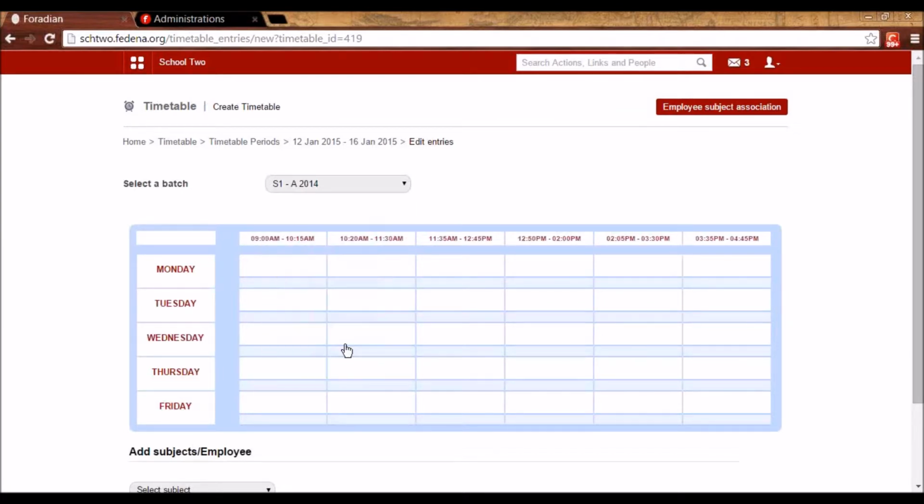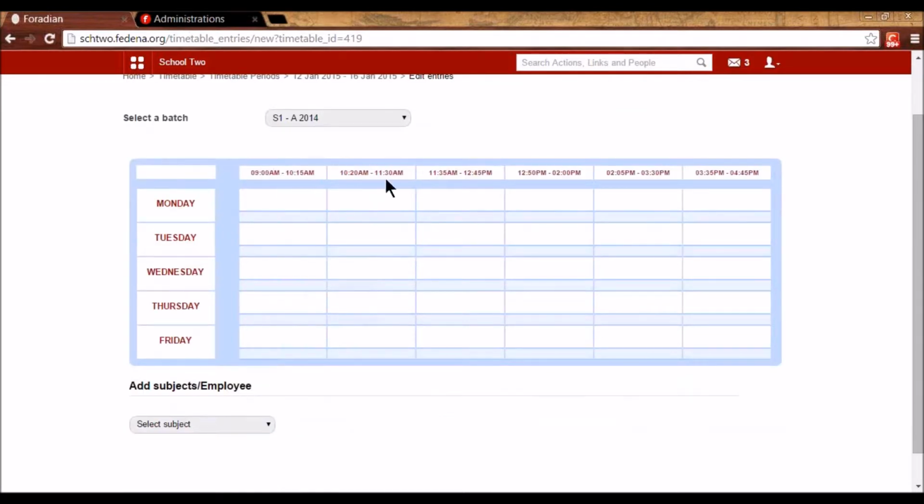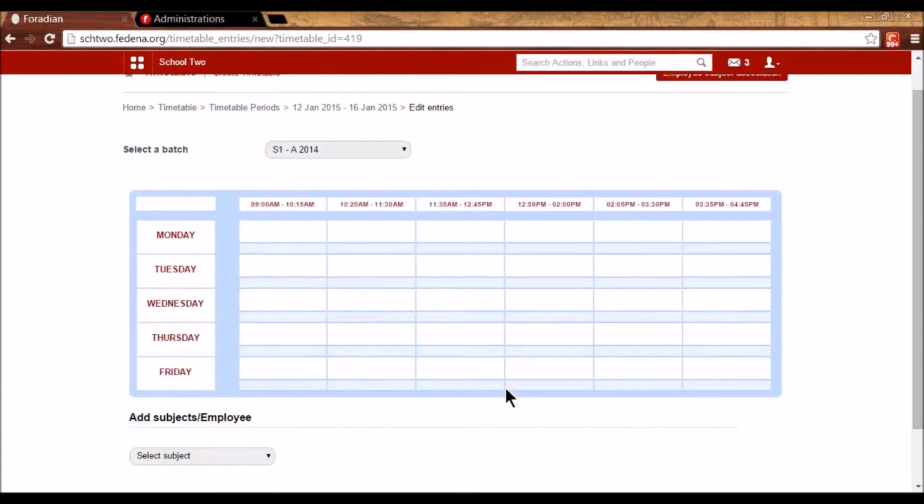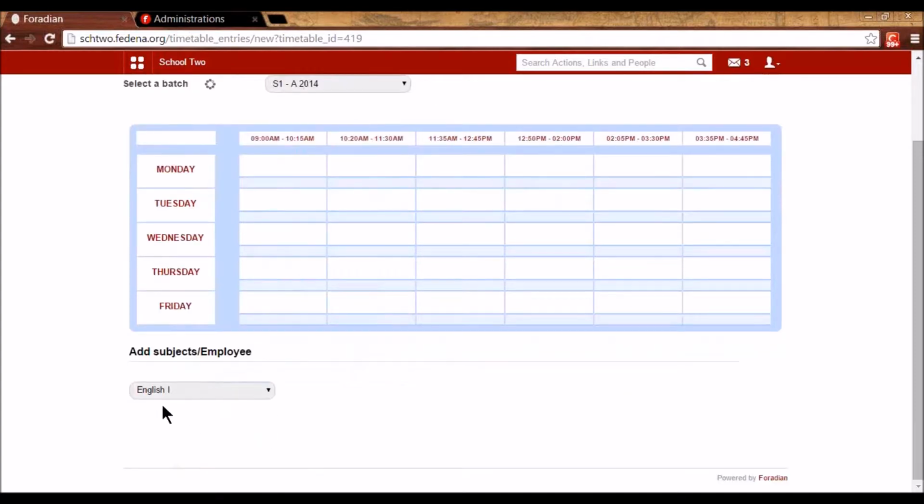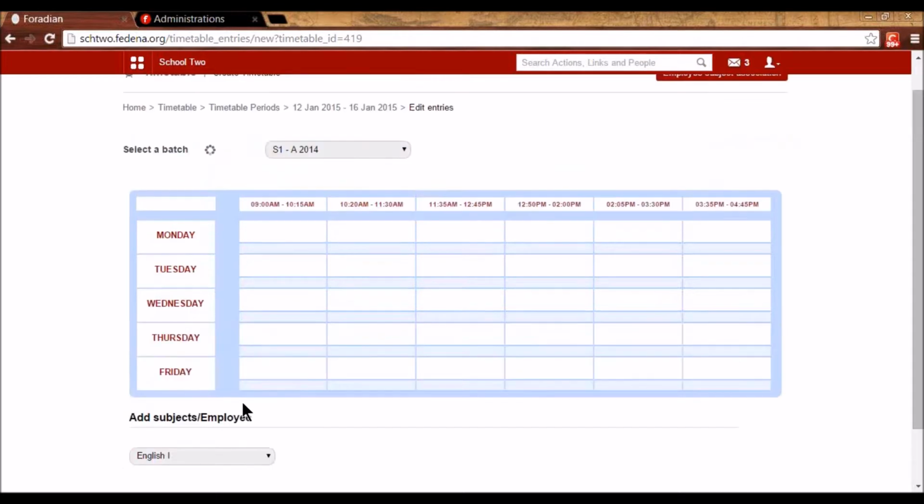So I've selected this batch, and you will see as per the class timing that I've assigned to this batch, it is showing me the empty timetable. Now I'll be selecting the subject, and as per the employee subject association, the associated teacher will be appearing here. So this assignment